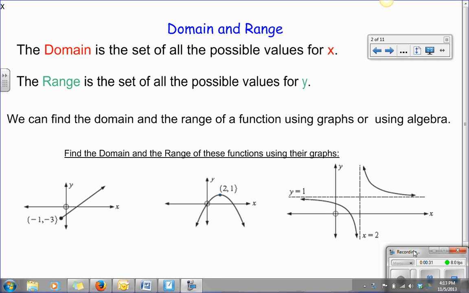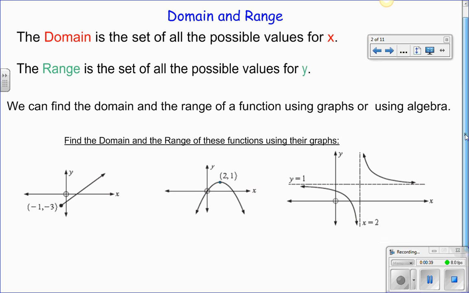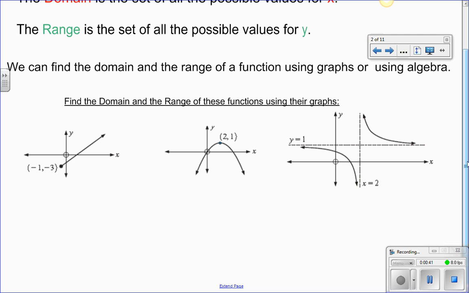We can find the domain and the range of a function using graphs or using algebra. So we'll look at two different methods. So starting with graphing, we can determine the domain and range of these functions. And we can use set notation and we can use interval notation. Okay, so